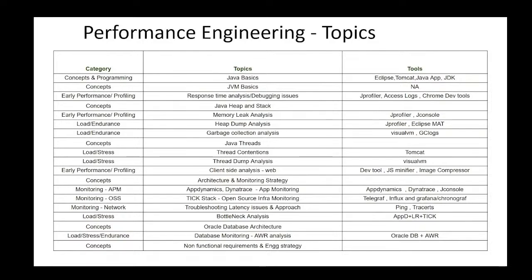Why Java? As I said, performance engineering is technology agnostic and programming language agnostic. Any architecture might have different programming languages: Java, .NET, Python, Node.js. It can be one or more, definitely. And there are a couple of reasons why we have Java as a focus area. Number one,